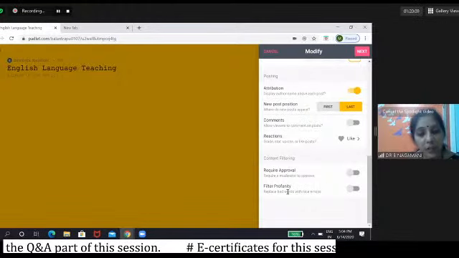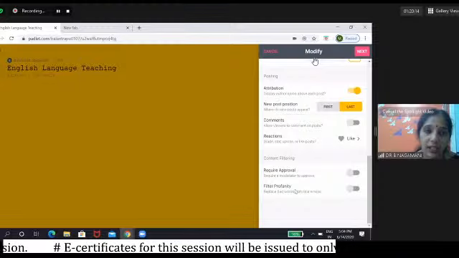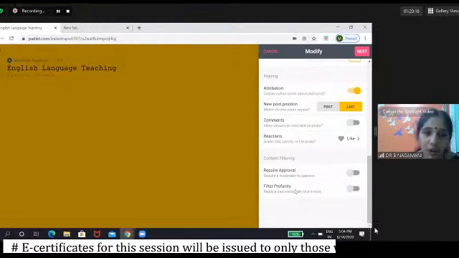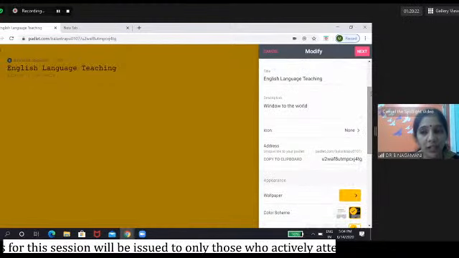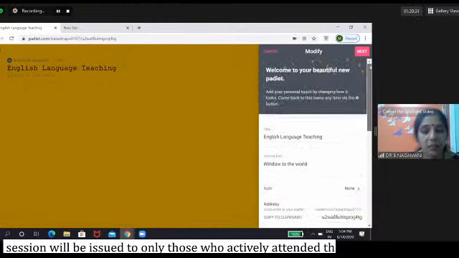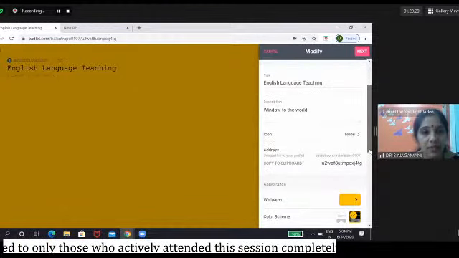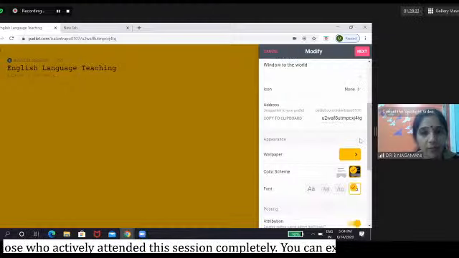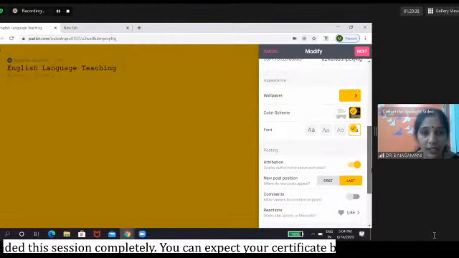Then you have filter profanity. This is useful to make sure that bad posts are avoided. Now, after you have modified the Padlet with the title, the description, and added icons, you get a Padlet link here, and you know how your wall appears to your students and others with whom you would like to collaborate.